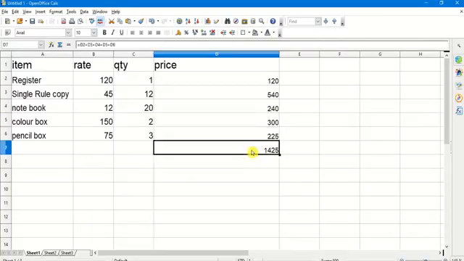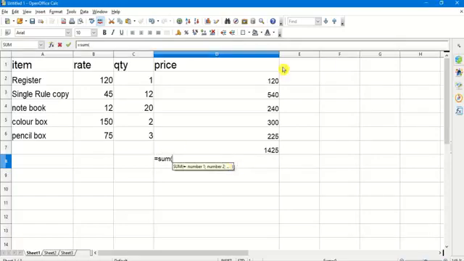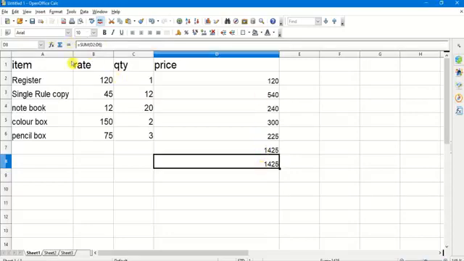The same calculation by using mathematical operators can also be done using functions. Now, if I want to find out the total of this range of cells, I can also use the function called sum. So, equal to sum, open my brackets and drag the range and close the bracket. That is equal to sum of D2 colon D6. This is the formula. I am going to get the very same answer over here. So the sum function helps me to get the total of a range of cells.